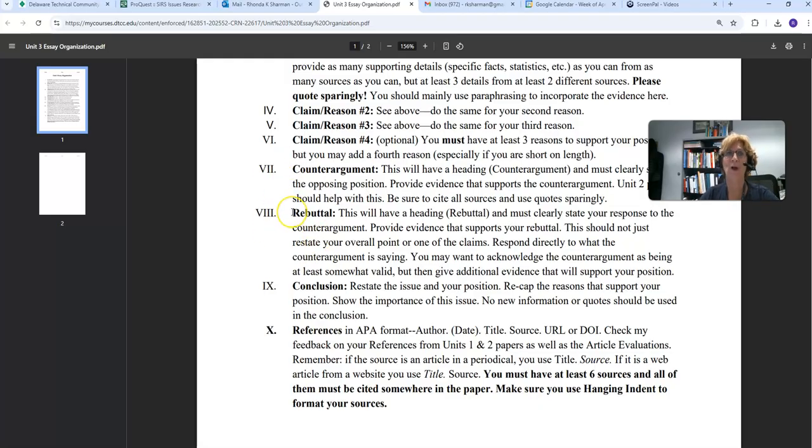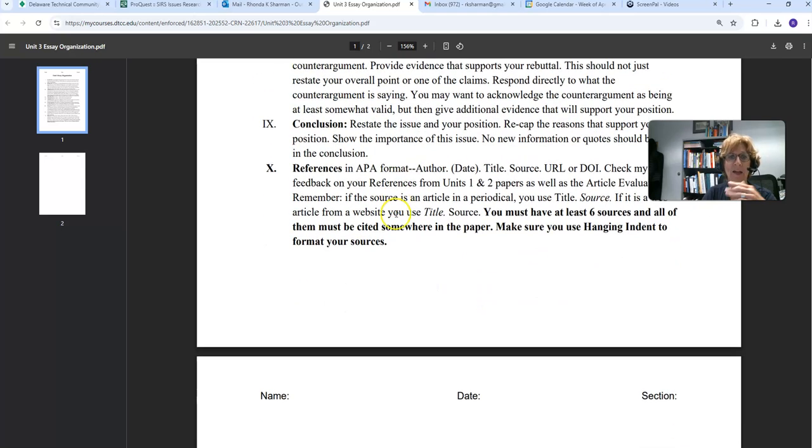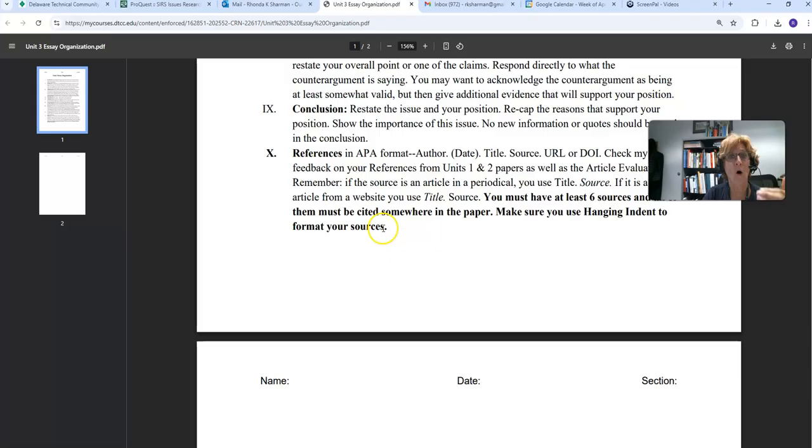And then you're going to go back to that counter argument in the rebuttal and say, yes, you make some good points, and while this may be true, but yet here is why my position is correct. So the rebuttal is countering the counter argument. So you're going to fill that information in as well. And then conclusion, you'll just fill in the information that I require,